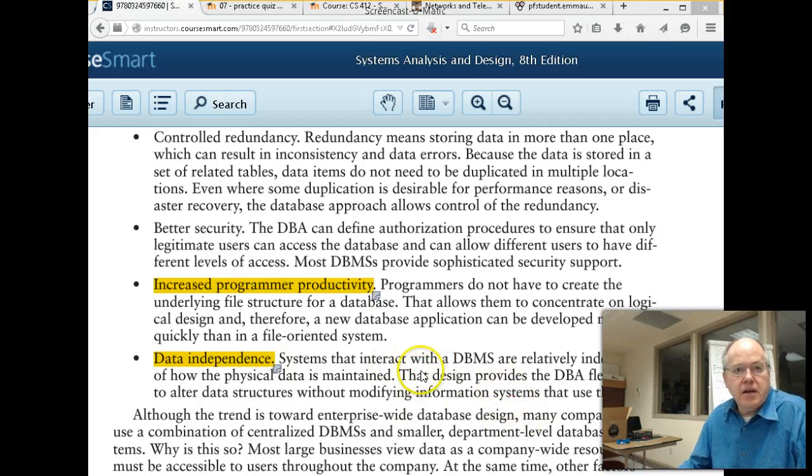I can add a field in a database, and I don't break any SQL code, because my code isn't saying go find column 11 of the file. It's find me the field named last name. To SQL, it doesn't matter if you've inserted a middle name between first and last name. The code is just as fast. You don't have to